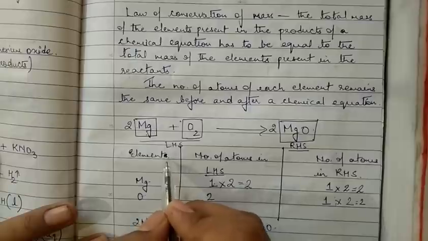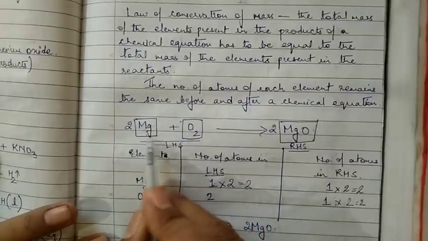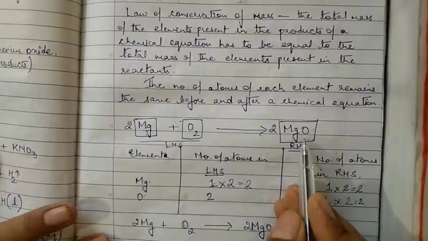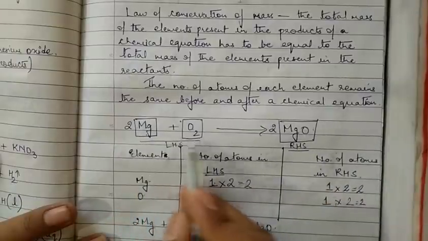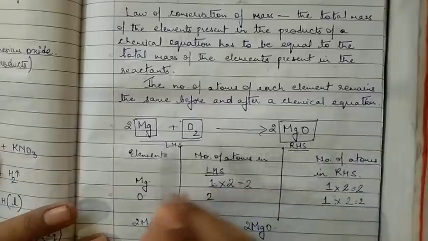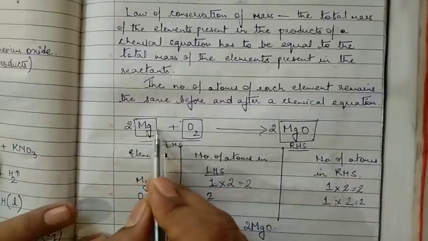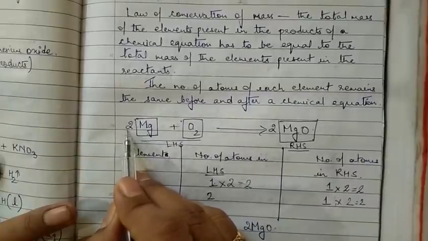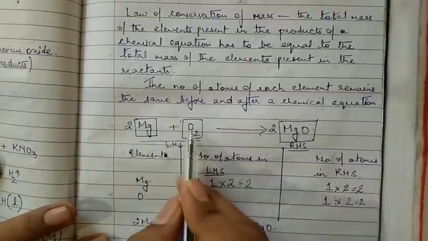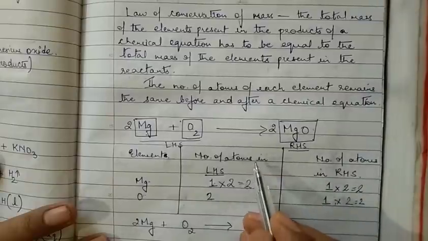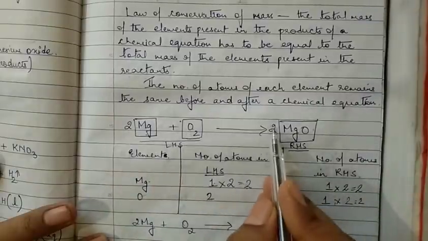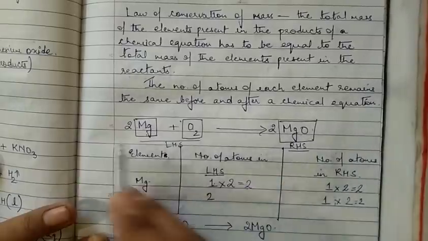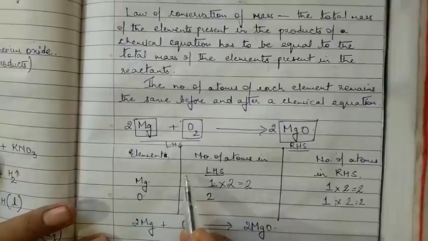Then after writing the skeletal chemical equation, we draw boxes around all the reactants and the products present. By drawing a box, we mean to say that whatever changes we will be making in this equation, they will be outside the box. Outside the box, that means we will not be changing the molecular structure of the reactants and products. We can only add the number of atoms outside. So there will be no change in the molecular structure. That's why we have drawn boxes around them.